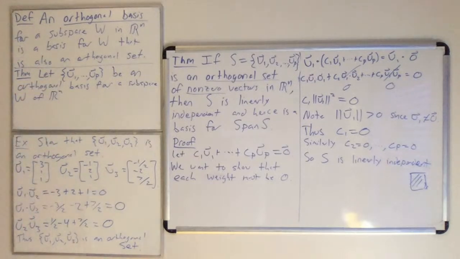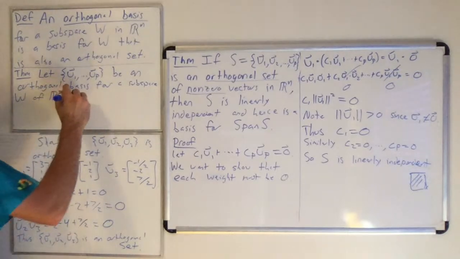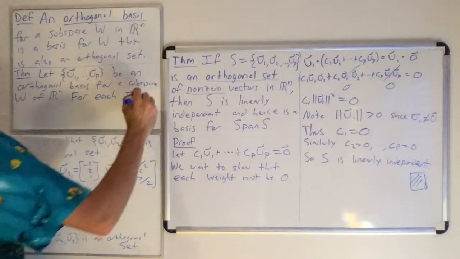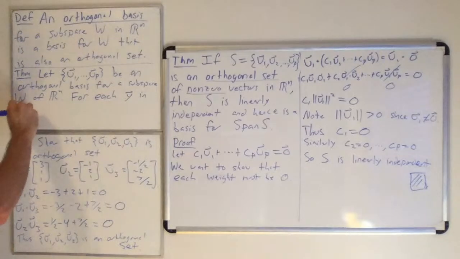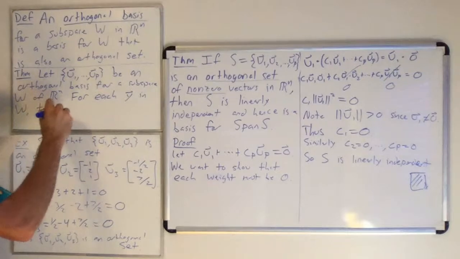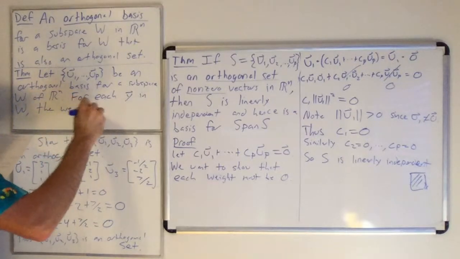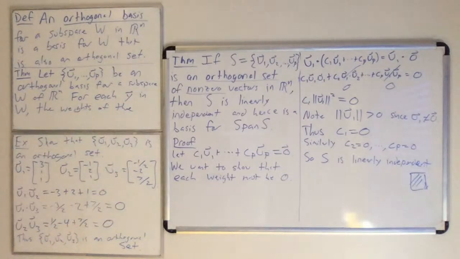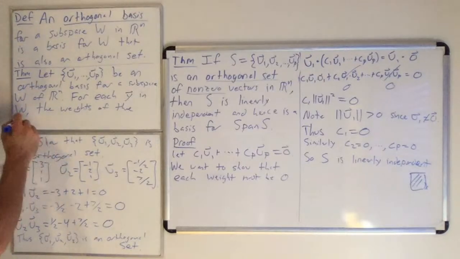Okay, so we have u1 through up, some orthogonal basis for a subspace W in Rn. So the theorem says for each y in W, the weights of the linear combination